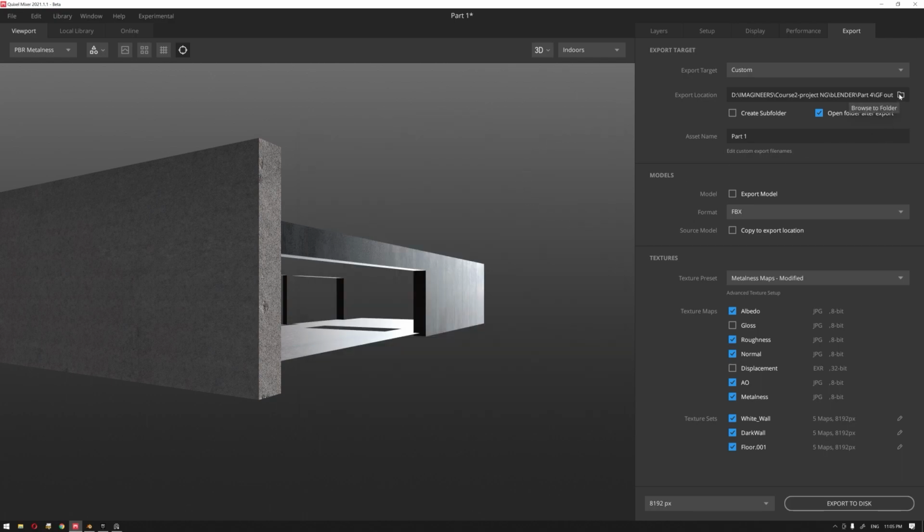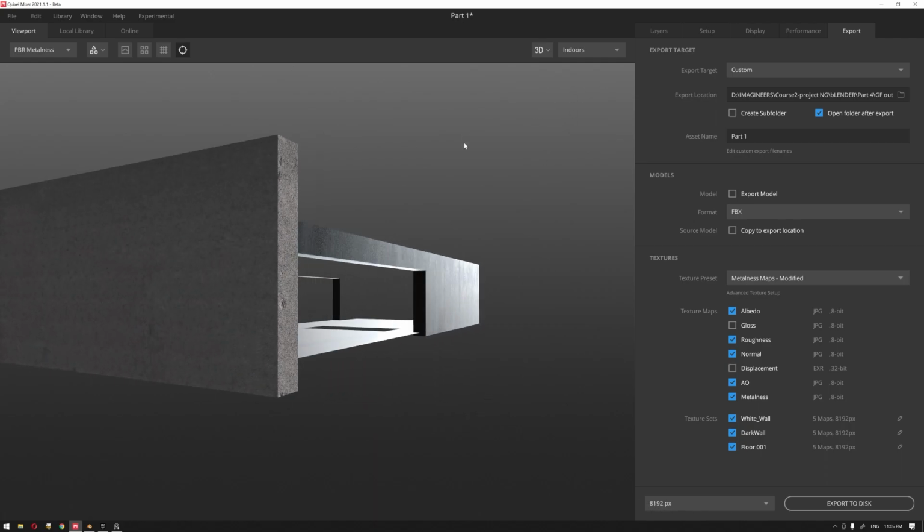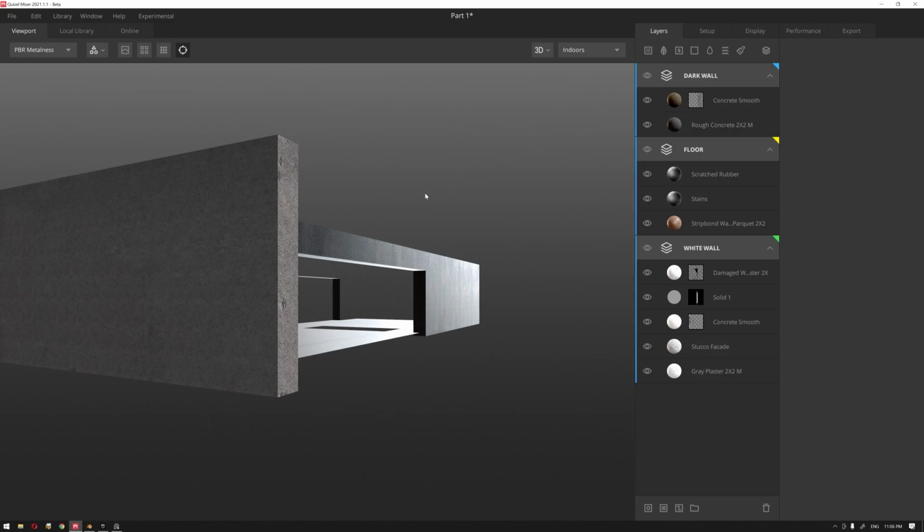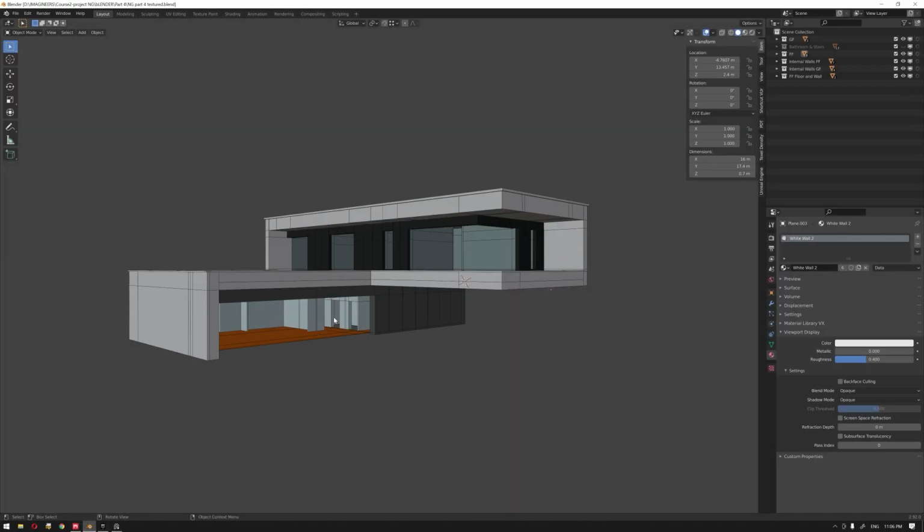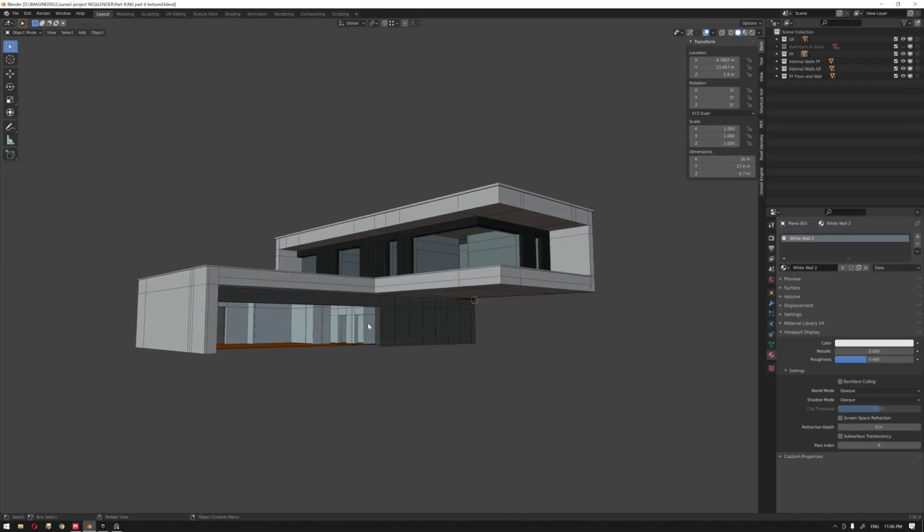That being said, after that we have defined our destination where we want to export our textures, and then hit export to our disk after defining that we need to export 8K textures. Finally, before we move to Blender, if you remember inside Blender, when we added the materials, specifically for example